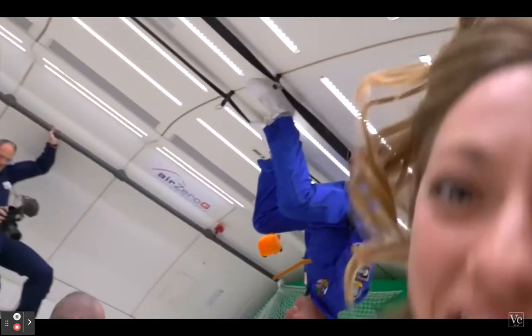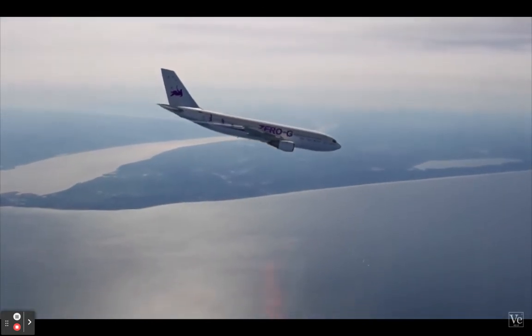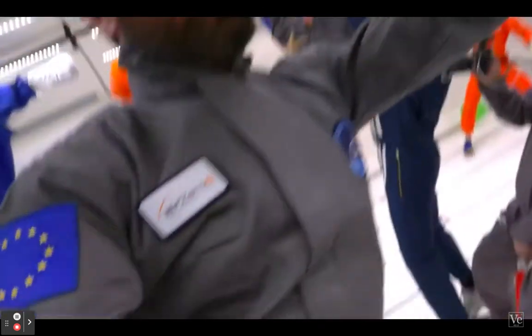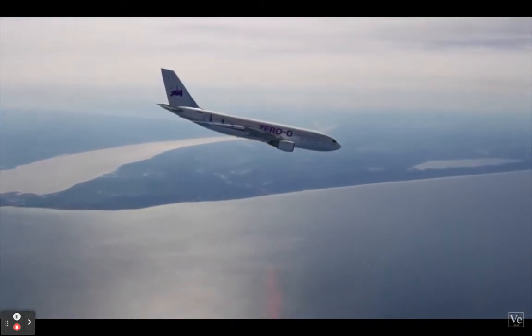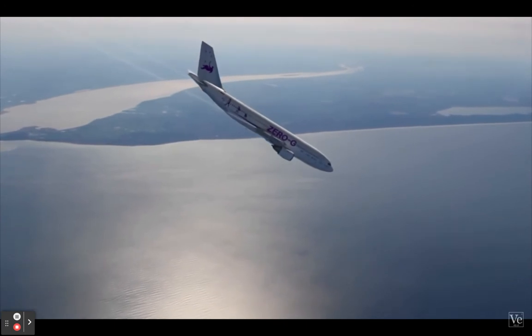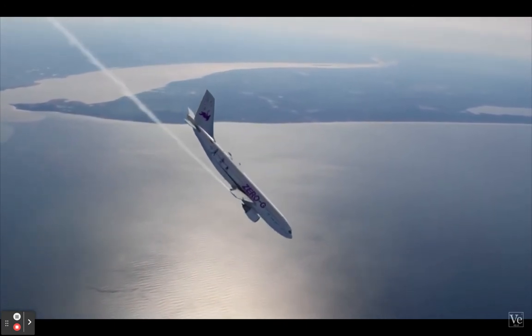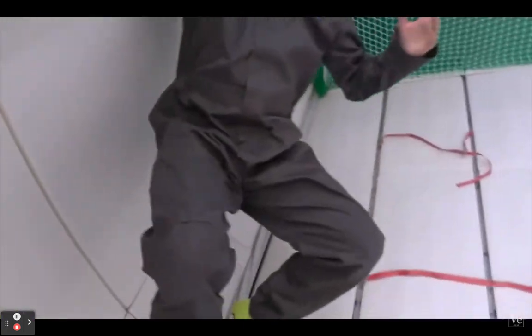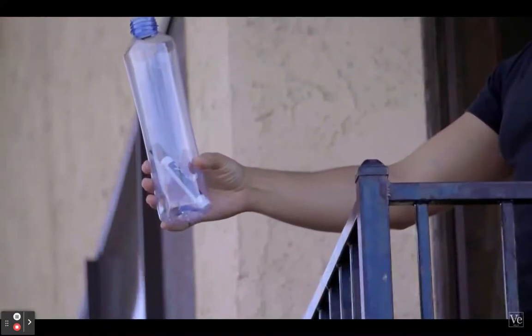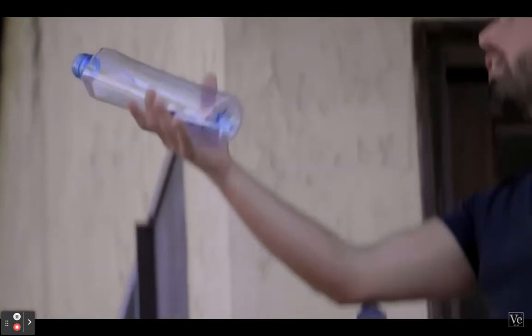There's Diana. She's the Physics Girl. Then the plane peaks and starts speeding up again towards the Earth. This is totally strange. The whole time, the plane is accelerating toward Earth with the same acceleration as a free-falling object in vacuum. The pilots have to very skillfully adjust the thrust to perfectly balance air resistance and maintain exactly this acceleration. Okay. Oh my goodness. How do you feel? It's incredible. So it's like throwing this bottle into the air. The pen inside experiences weightlessness from the time it leaves my hand until it comes into contact again.